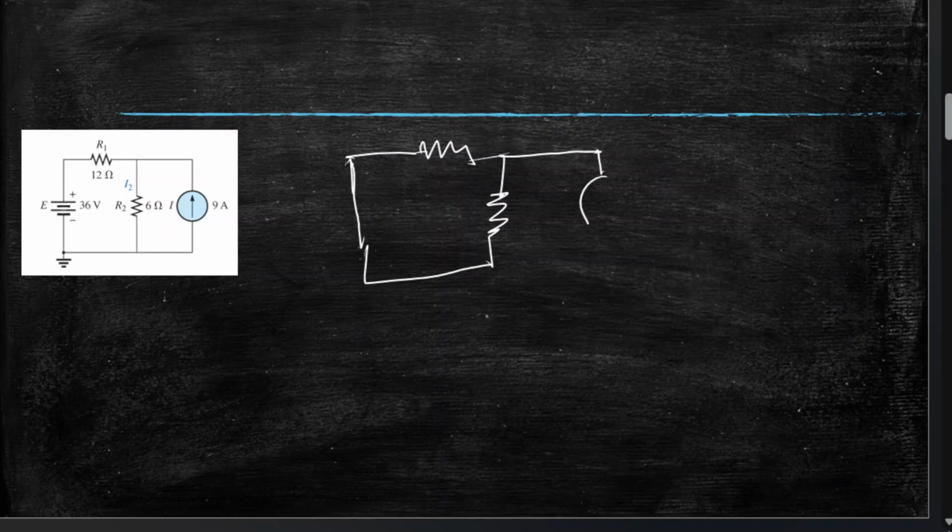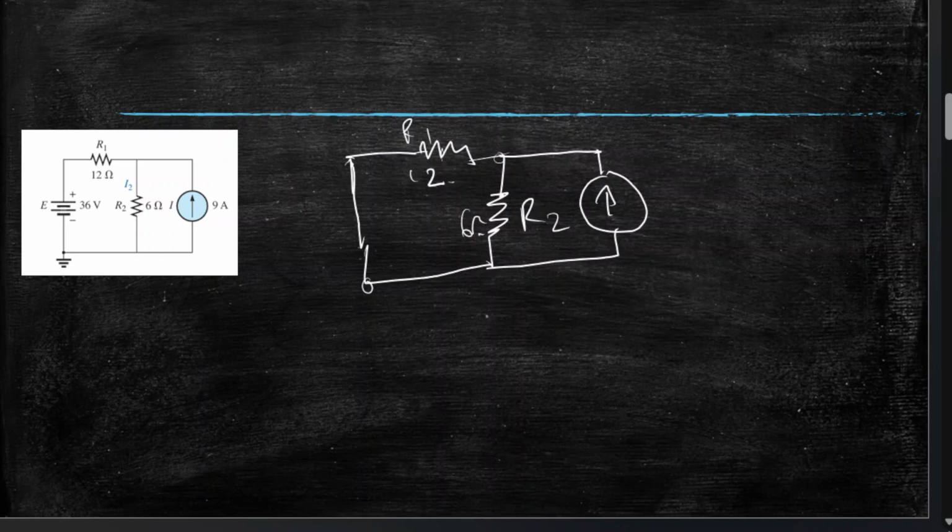And here the current source. Okay. Now notice that these two resistors are parallel to each other. They have two common points. So this is a parallel circuit, which means that the current flowing through R2, 6 ohm, and R1, 12